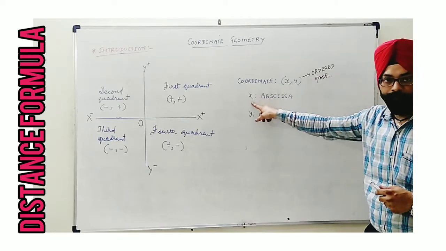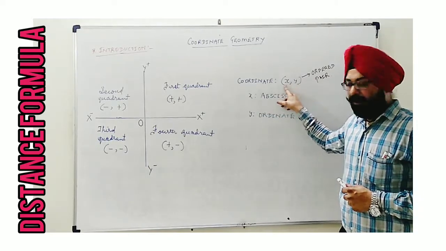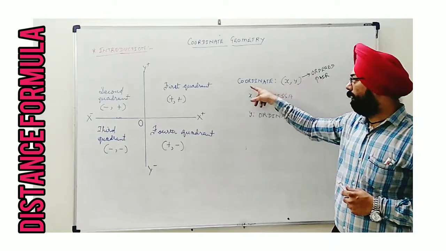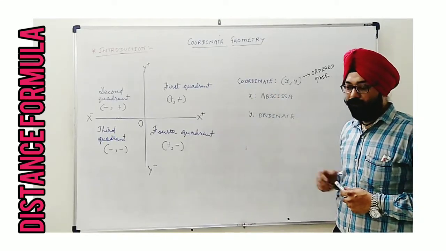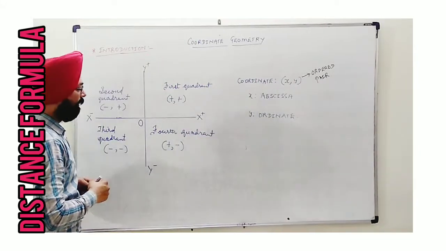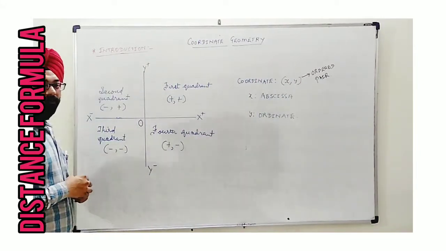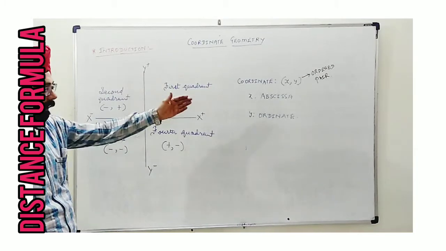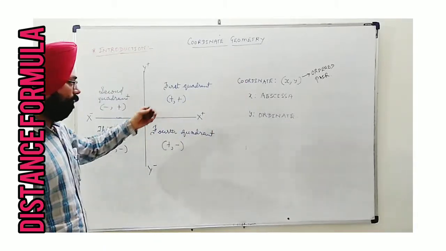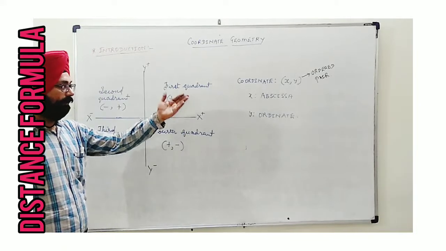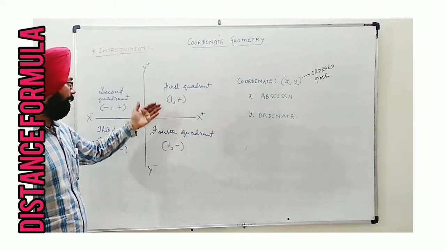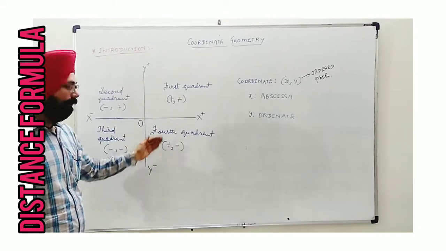First is known as abscissa. In general, we denote it by x small, and the second value is known as ordinate. And together, this ordered pair is known as coordinates of a point. Now, what is the purpose? Whenever this ordered pair, this coordinate is shown in any quadrant, we first of all think of the sign of abscissa and ordinate, means sign of first value and second value. Here, according to the sign of first value and second value, there are fixed sign conventions of different parts of the coordinate plane, each known as quadrant.